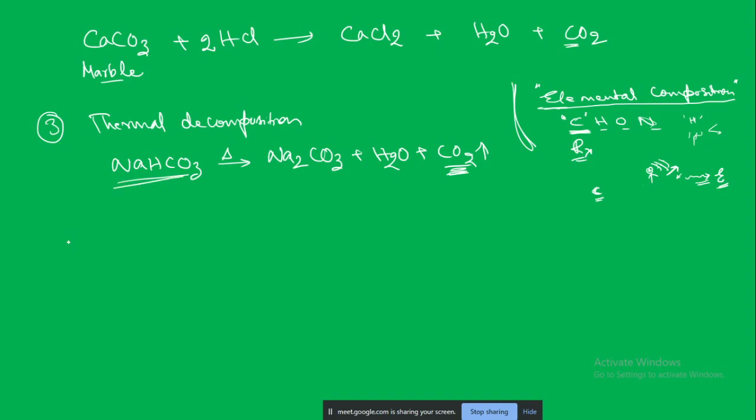So basically we are putting in the baking powder. When we heat this sodium bicarbonate, it is going to decompose and form sodium carbonate, and it is also going to release carbon dioxide, which makes things fluffy. So these are some methods by which we can produce carbon dioxide in the laboratory or by simple means. There are some physical properties.